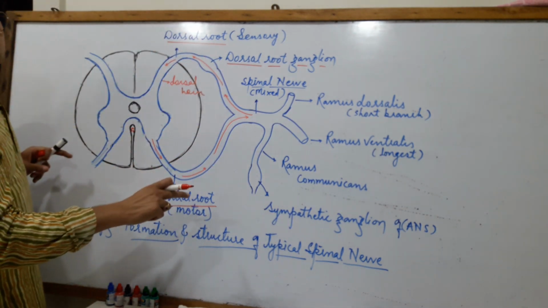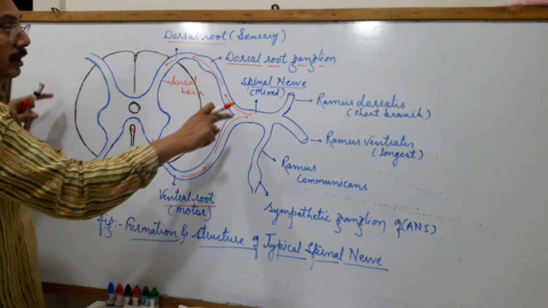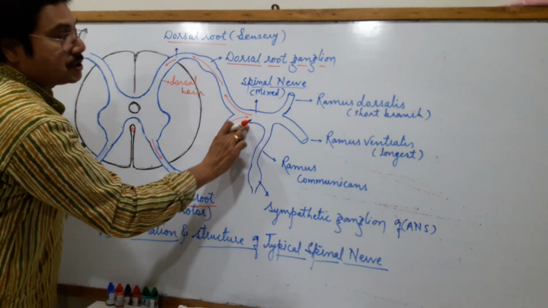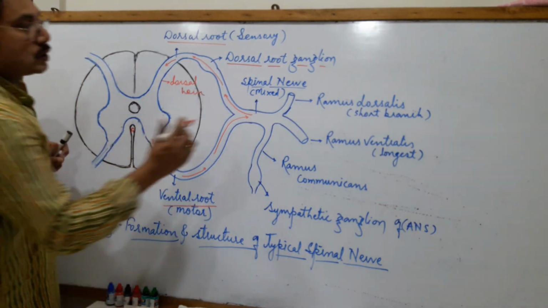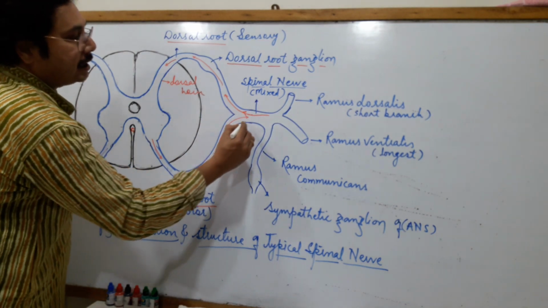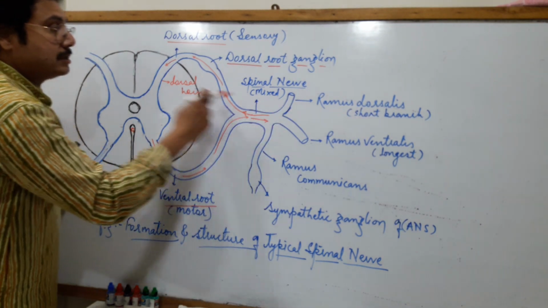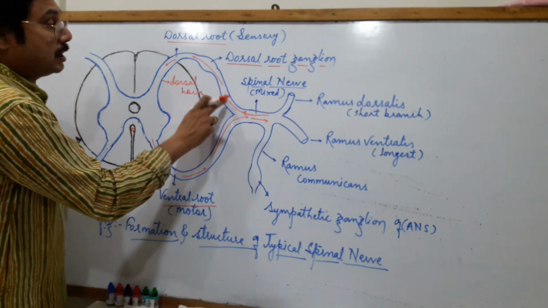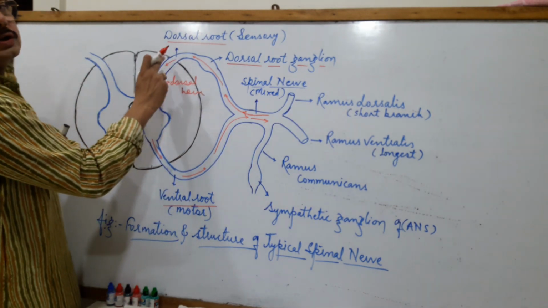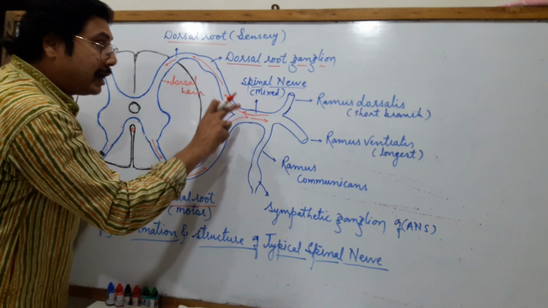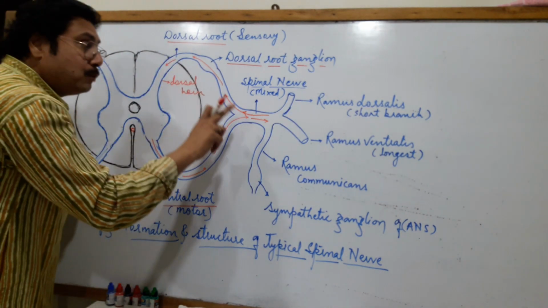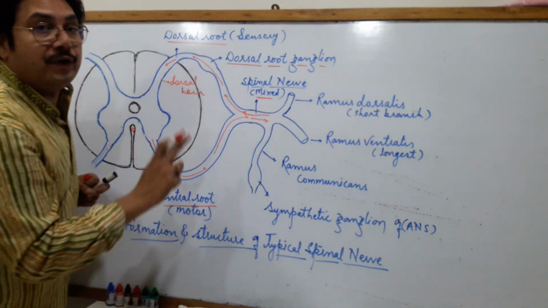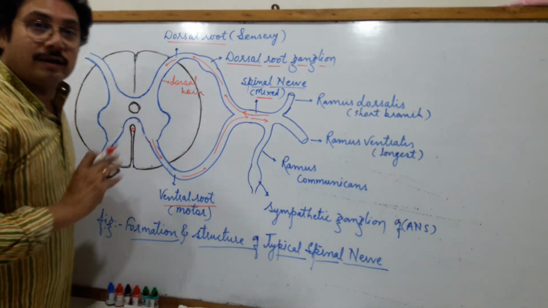In the neural canal itself, in the neural canal of the vertebral column, both roots unite, and by the formation of such a nerve, it is now called the spinal nerve. So the spinal nerve has both sensory as well as motor nerve fibers, formed after the joining of the sensory dorsal root and the motor ventral root. So the nature of the spinal nerve is always mixed, which may be asked as a give-reason question in the exam.